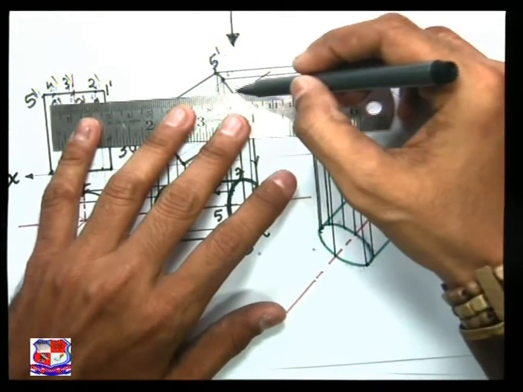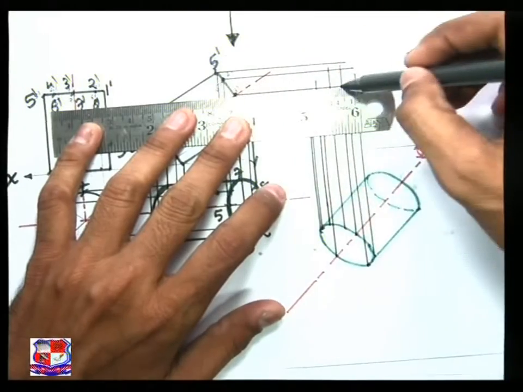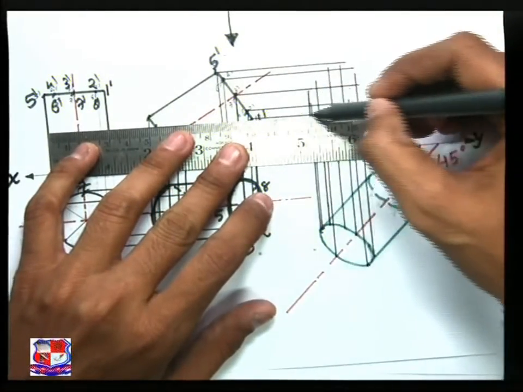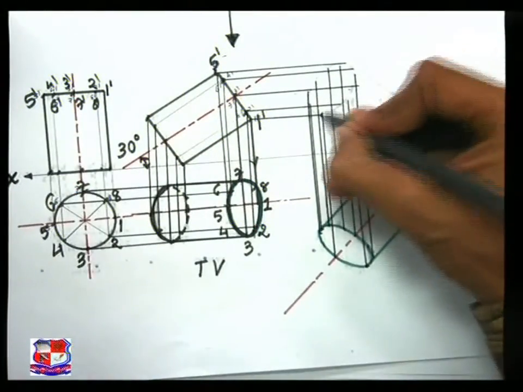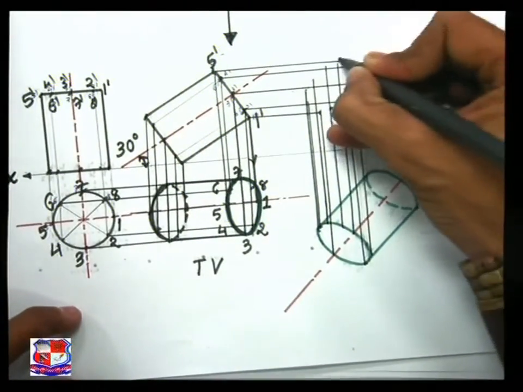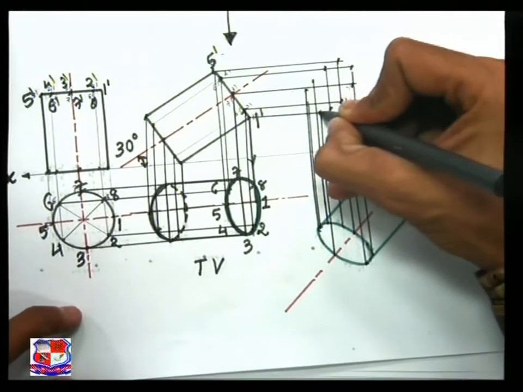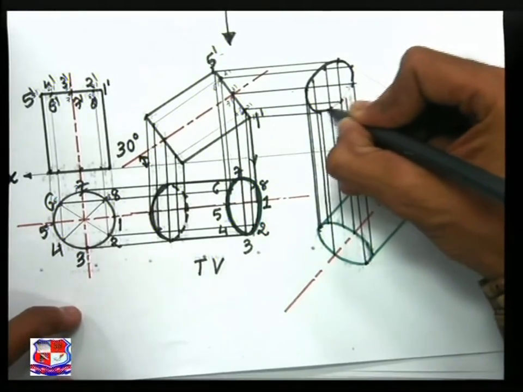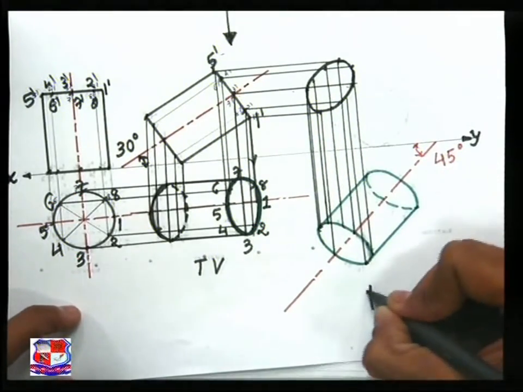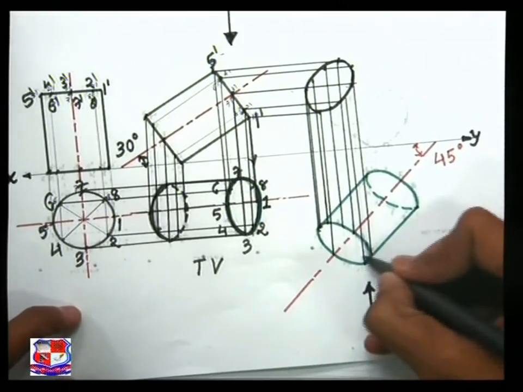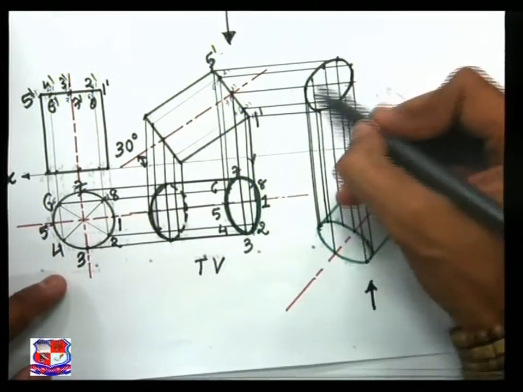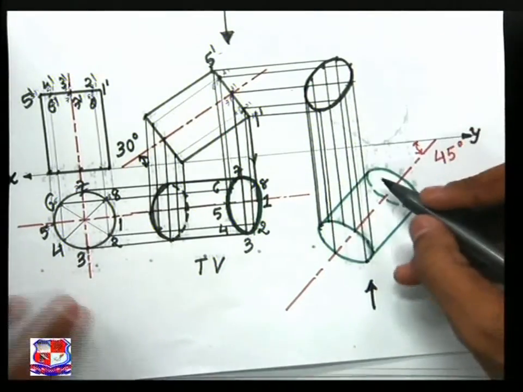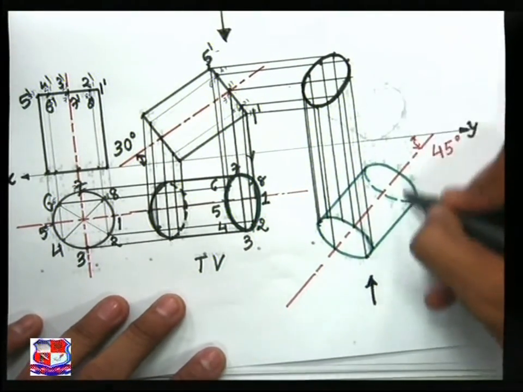1, 2, 3, 4, 5, 6, 7 and 8, and the points of intersection would be somewhere here, and join all these points with a smooth curve, and all these points would be visible to us, because if you look from here this base is towards us, so all the points would be visible to us. So join them with the full line, full curve. Similarly in the bottom side here also, by taking